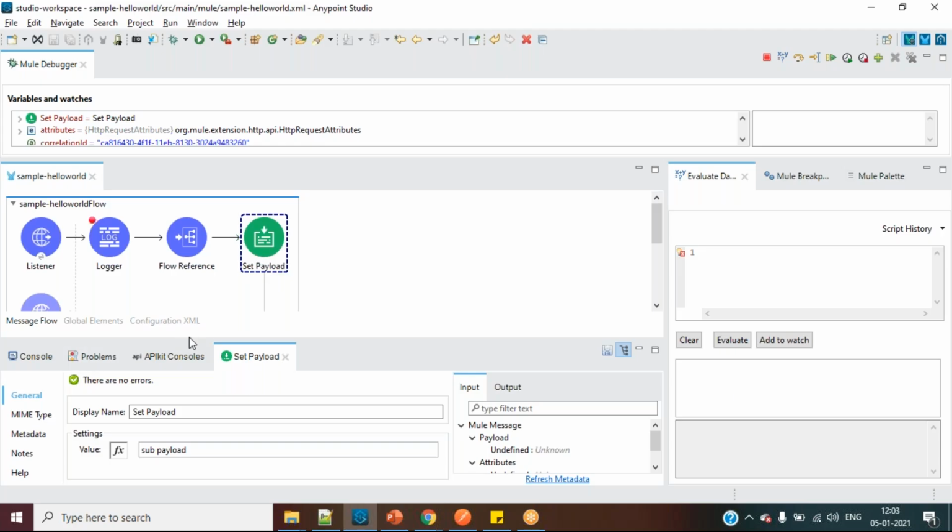Until now, what are our payloads? You can see here. So in this Mule debugger, just scroll down here. So it says payload is sub payload. But since we are setting the payload again,